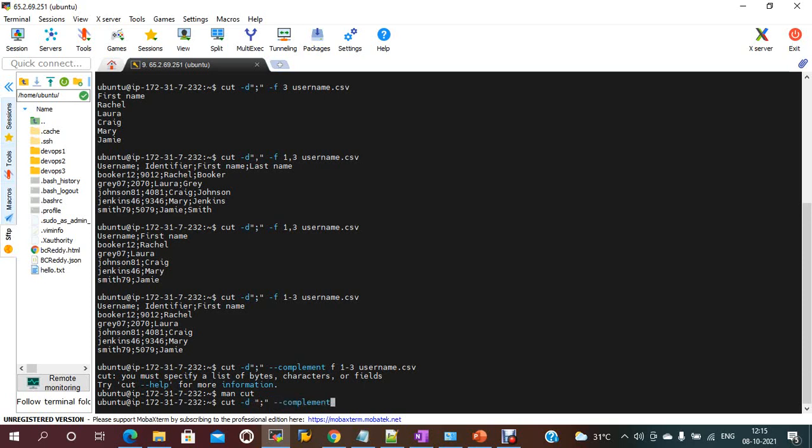I need to exclude fields 1 and 3, so the remaining should be displayed.